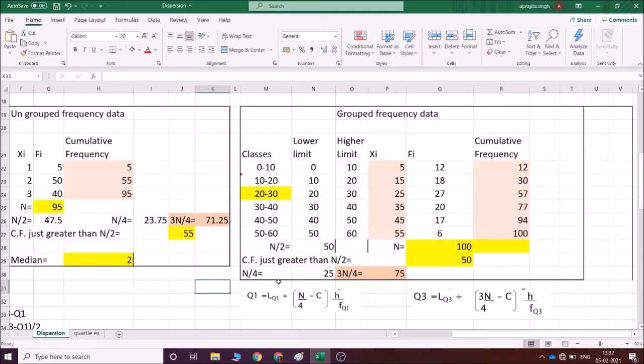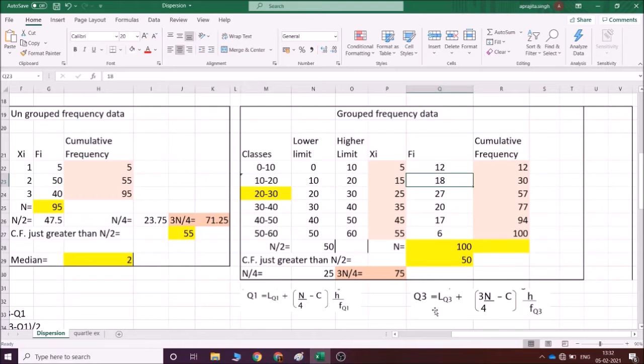Okay, so over here you will substitute it with 10, that is the lower limit of the first quartile class, and frequency of the first quartile class is what? 18. 18 is the frequency of the first quartile class, and what is C? All the frequencies above the first quartile class you got to add up. That is how you get C, and n you already know, it is 100. And what is H? H is the class size. What is the size of the class? 20 minus 10. Is it okay?